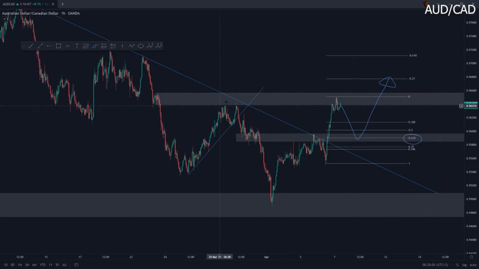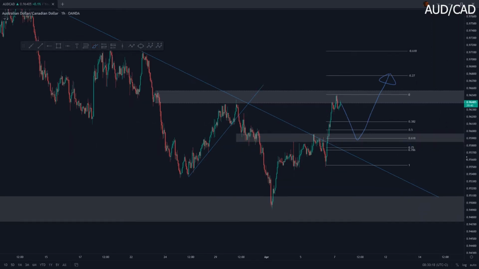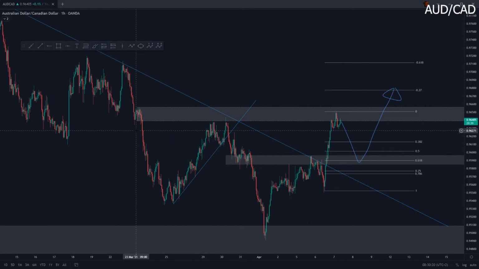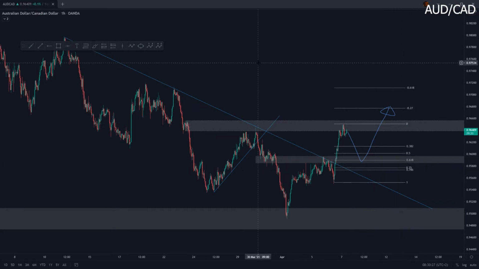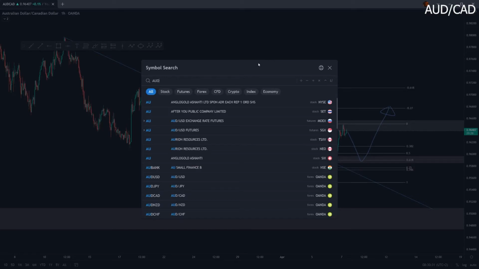This is really the area that I want to see the retracement begin from, because it is my major liquidity area. So what do we need to see once price hits the 618? Well, we're going to need to see some bullish confirmation, potentially a nice morning star. So yeah, AUDCAD for the rest, not really that interesting, just going to be waiting for a nice 618 fib retracement. So with AUDCAD discussed, let's head over to Aussie Yen.